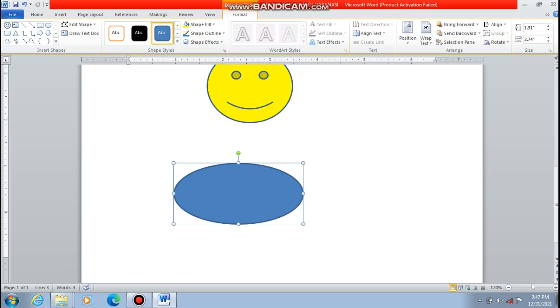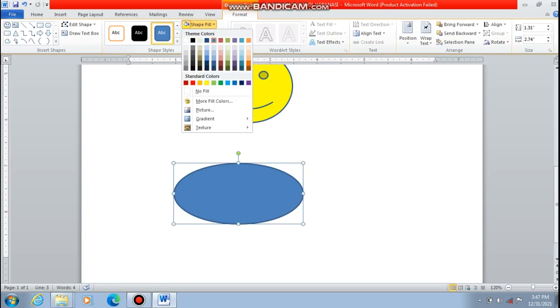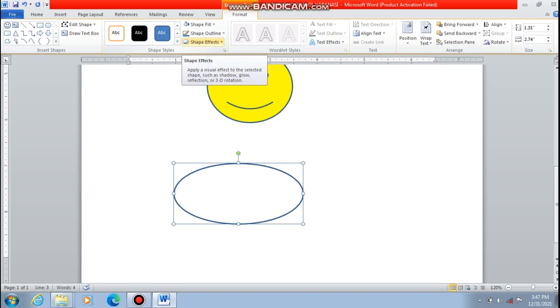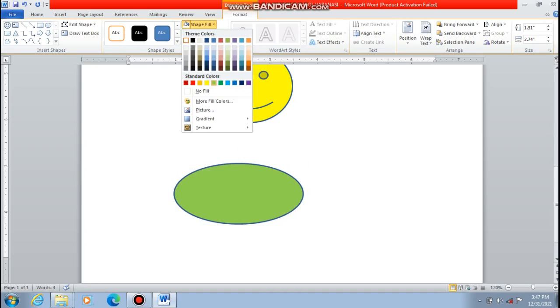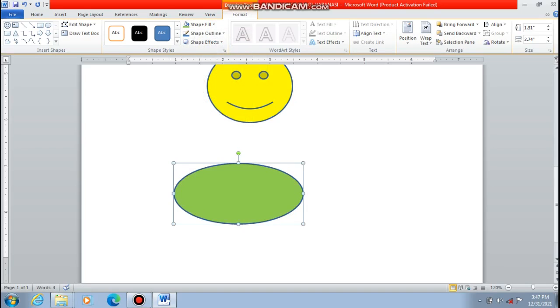Now we can add color to this as well, or you can make it blank. Whatever you need, you can keep it blank, or fill it with any color. You can give an outline. See, here you can see the outline is also there. I'll show you how to give an outline. You can give effects.